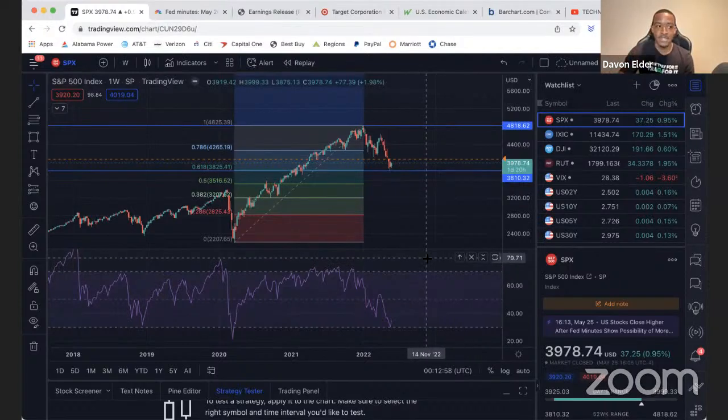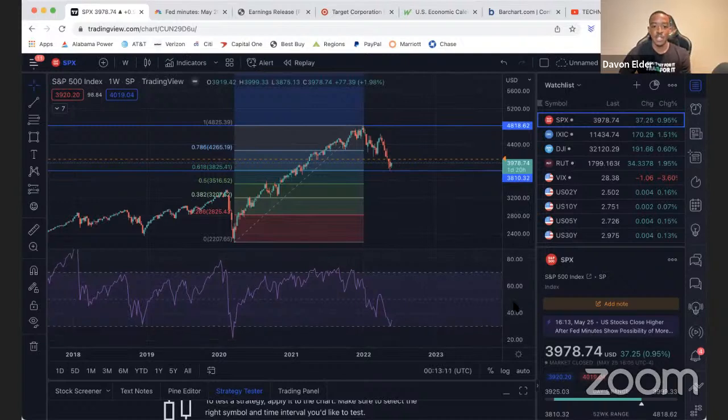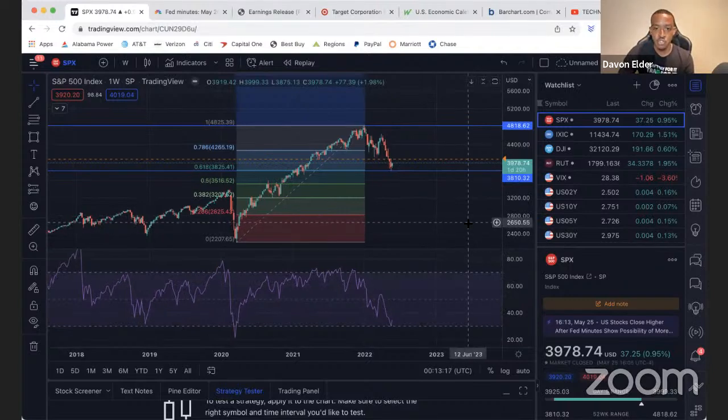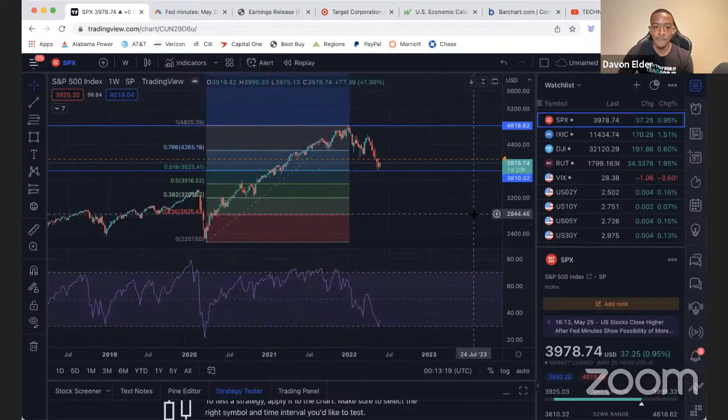Remember, buy at support, sell at resistance. So that's the overbought. Now, the oversold is whenever we get below 30 on the RSI, that is when the market is at an oversold level. If we get below 20 on the RSI, then we are really, truly at an oversold level. Now, look at where we are on the RSI.